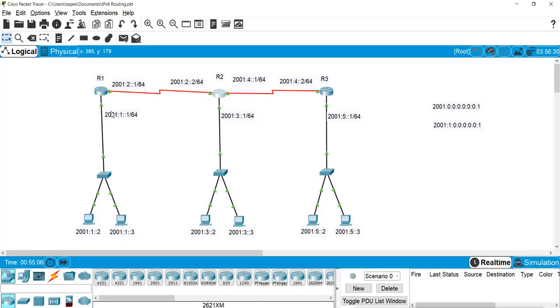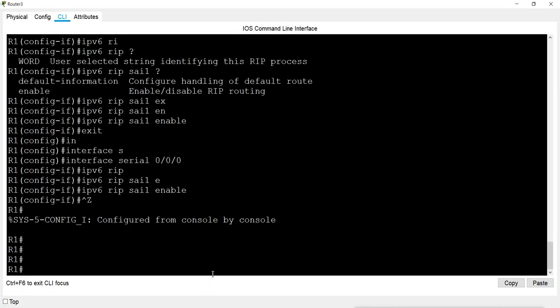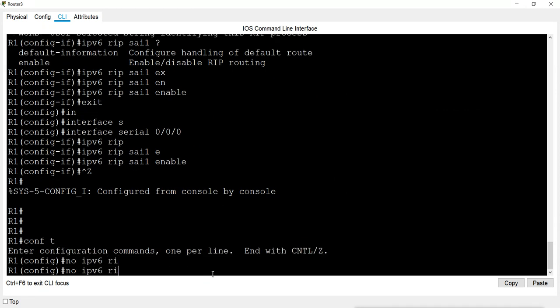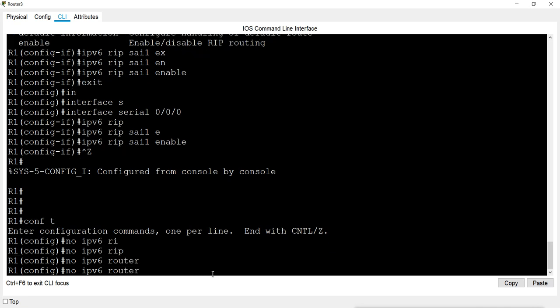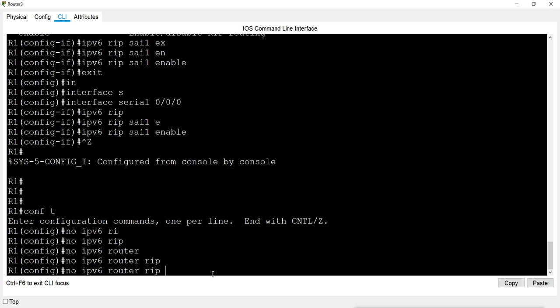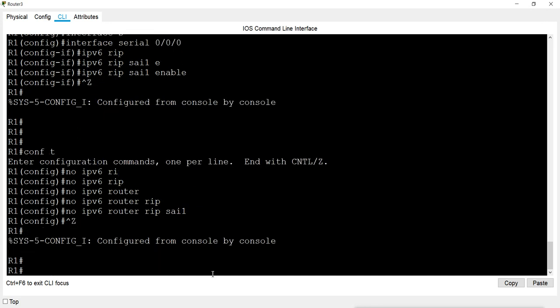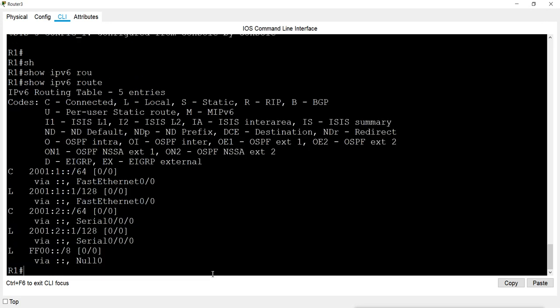Then on router 1 also I will remove. And now only the connected network is shown.